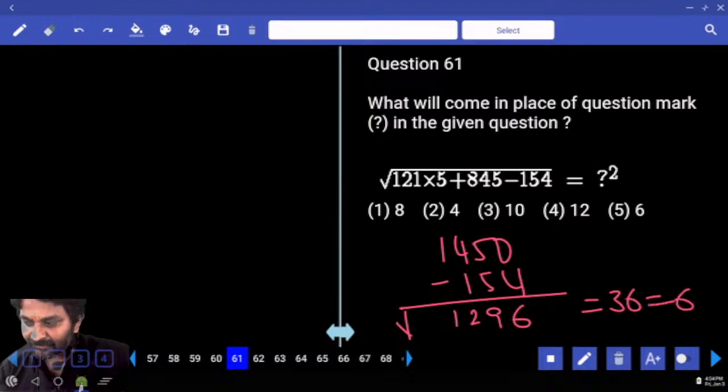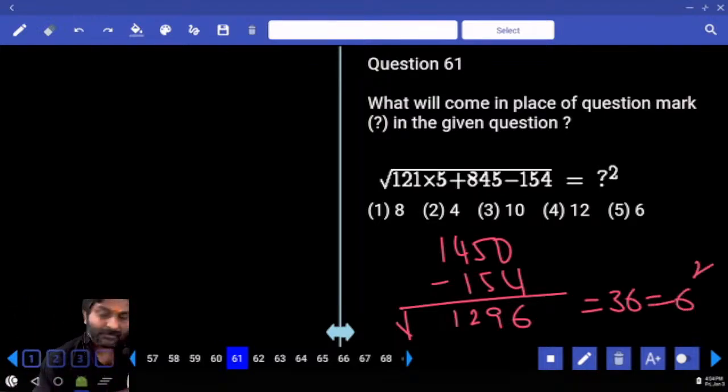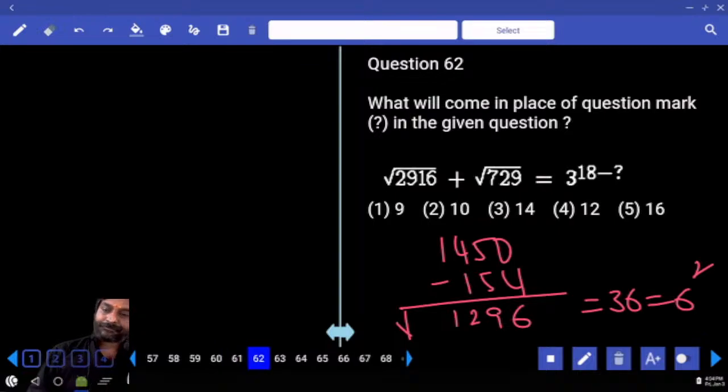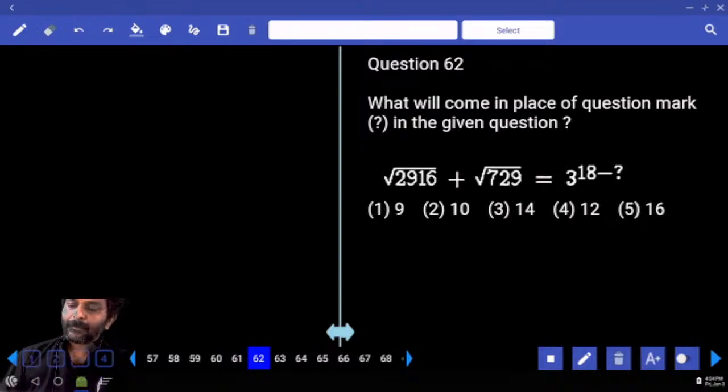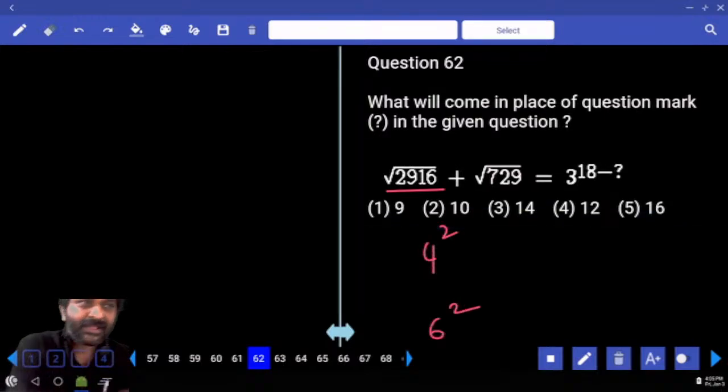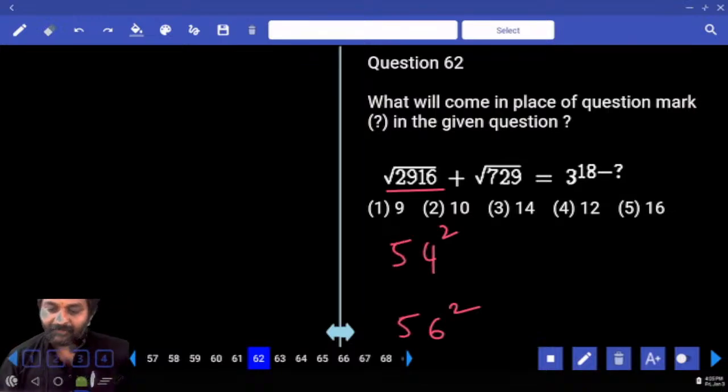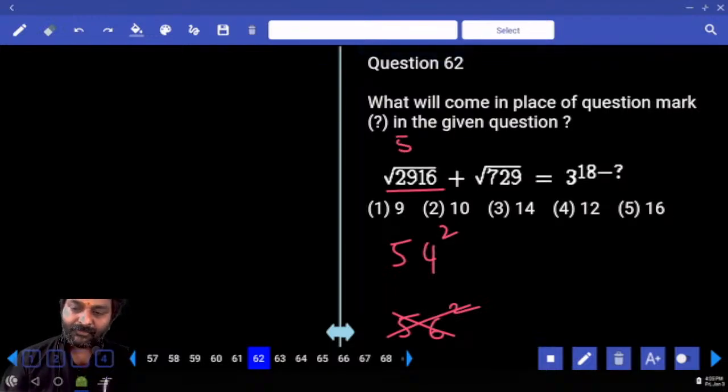36 is which square? 6 square. 2916. Either it should end with 4 square or 6 square. Right. 50 square is 2500. 60 square is 3600. 2916 is between 50 and 60. So it should be either 54 square or 56 square. Between both we have 55 square, which is 3000 something. So it cannot be 56 square. It is only 54 plus